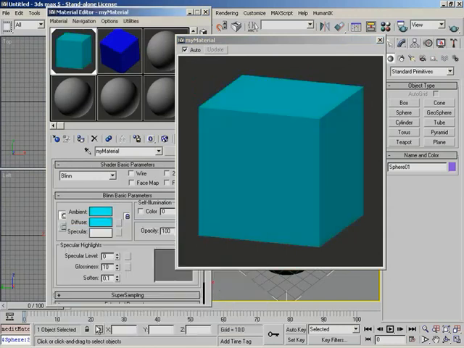Now at first, that sounds like a really cool thing. But well, it is cool. It is a very cool thing. But at the same time, if we had a material that was very heavy, maybe it had a lot of maps on it, maybe it just took a long time for a computer to render, or, heaven forbid, we had a slow computer. Then we might not want this to update automatically, because what this means is every single